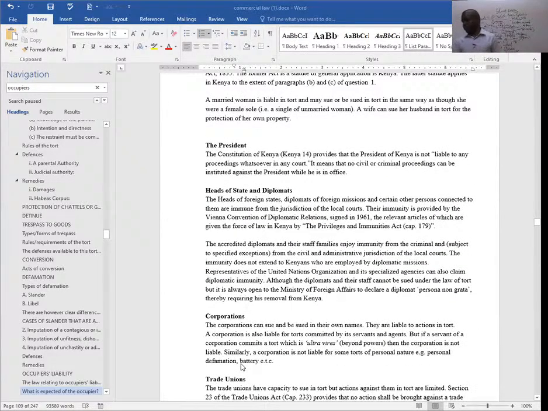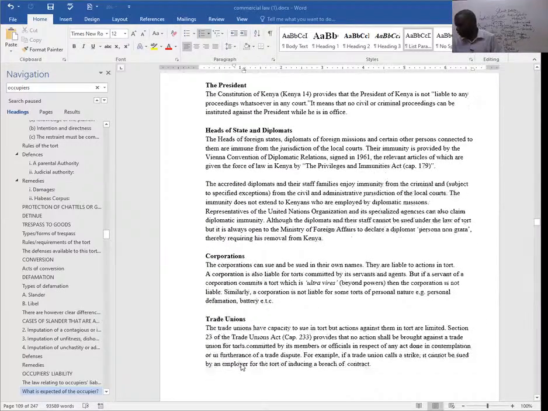Then corporations. Corporations, basically, are companies. These are recognized as persons under the law, so they can still be held responsible. Safaricom can sue Airtel for any wrongdoing by Airtel. Airtel, being a corporation, is not immune and cannot be exempted from the law of torts or any wrong that they have committed against any other party.